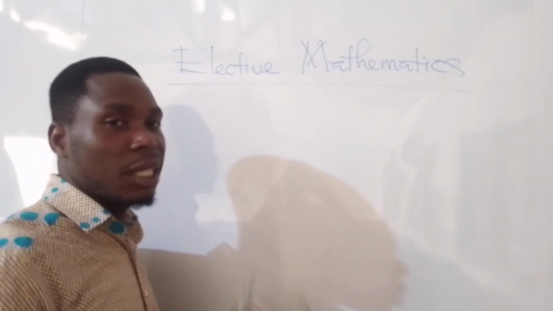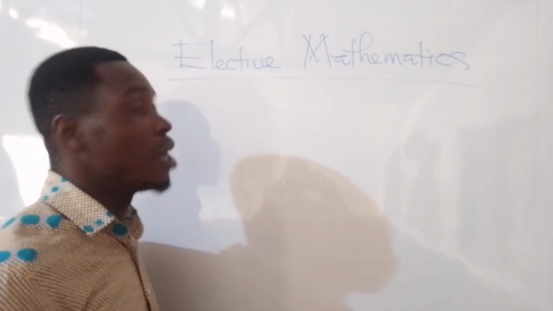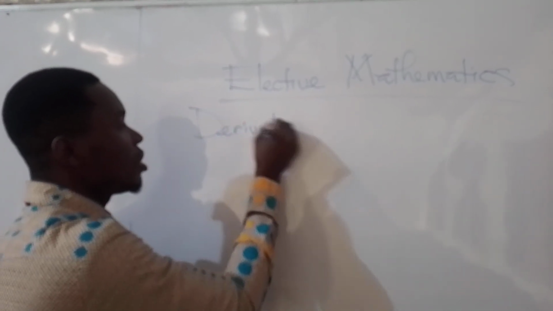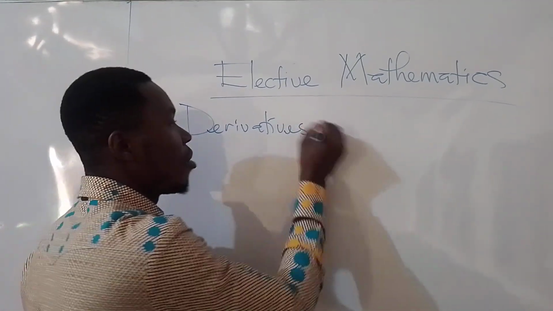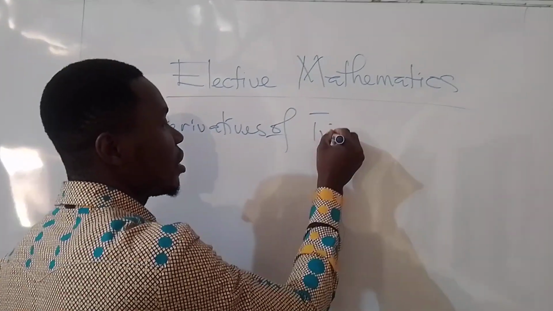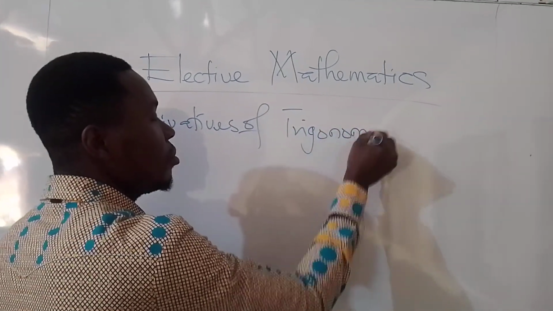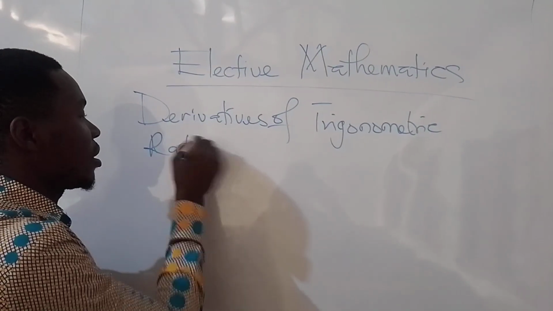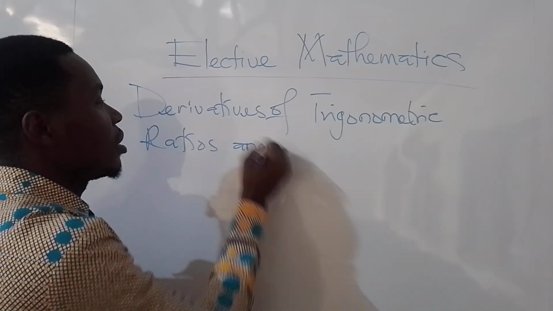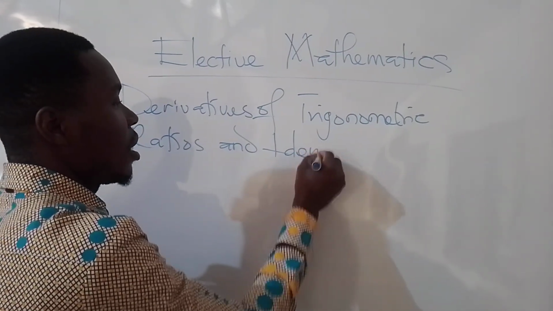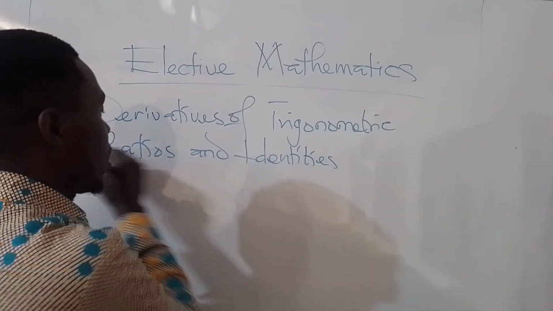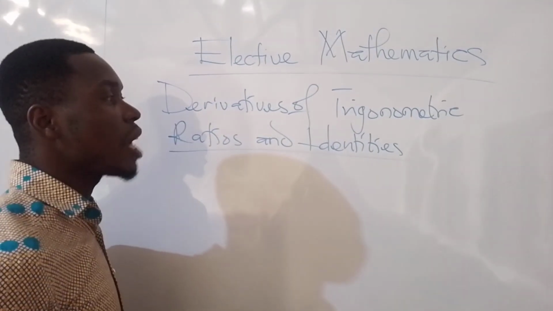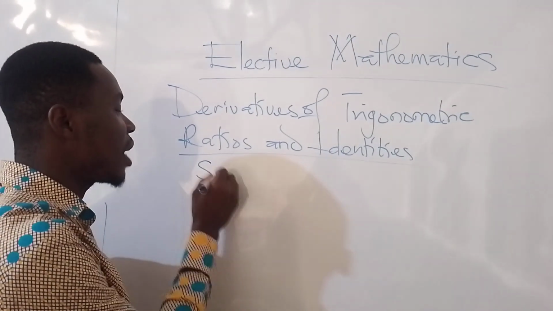So today we want to look at the derivatives of trigonometric ratios or identities. From our last lesson, we said that the trigonometric identities or ratios are: